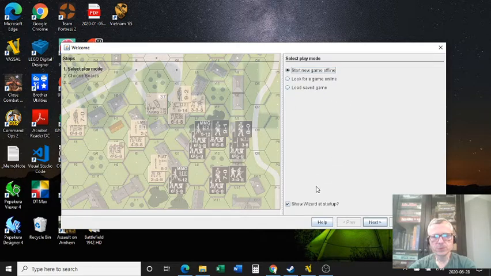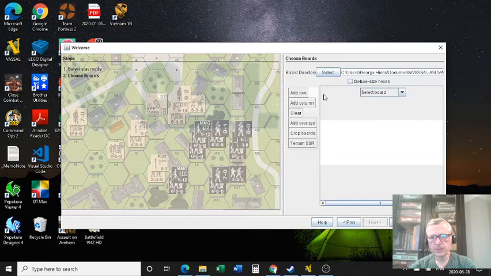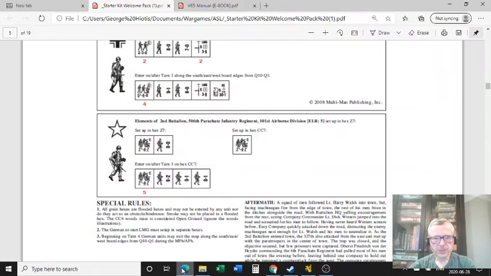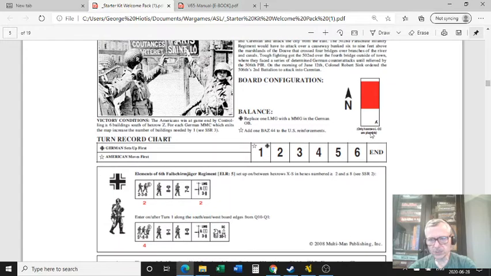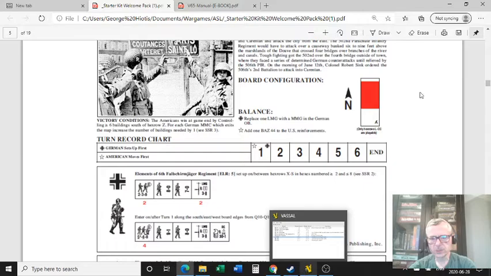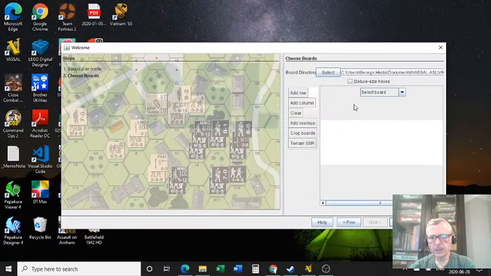The first thing you want to do is start VASL and execute your module for Virtual Advanced Squad Leader, and you want to start a new game offline and go to next, and now it asks you to select a board. You look at your scenario, in this case ASL scenario 19 Purple Lane Heart, and over here, I'm not sure if you can see it, I can barely see it as well, but it's board Y, and only hex rows L to CC are being used. So now you want to go back to your VASL here and select the board, your board Y,